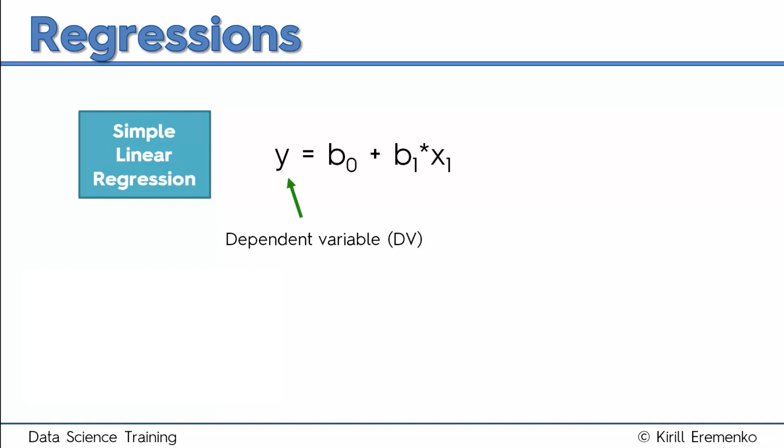So this is the dependent variable. The dependent variable is something you're trying to explain. For instance, how does a person's salary change with the years of experience that he has? So in that case, y would be the dependent variable. Or what grade does a student get depending on how much time he's put into studying? In that case, y would be the dependent variable. So something that you're trying to understand how it depends on something else.